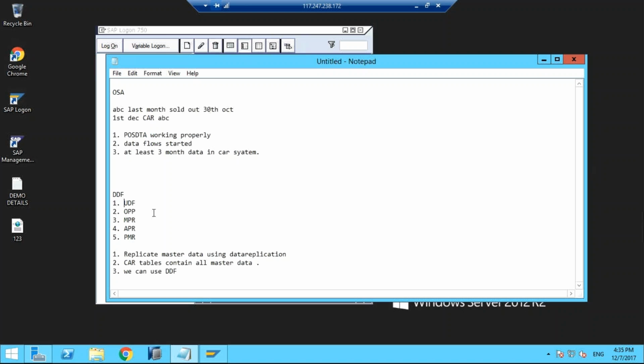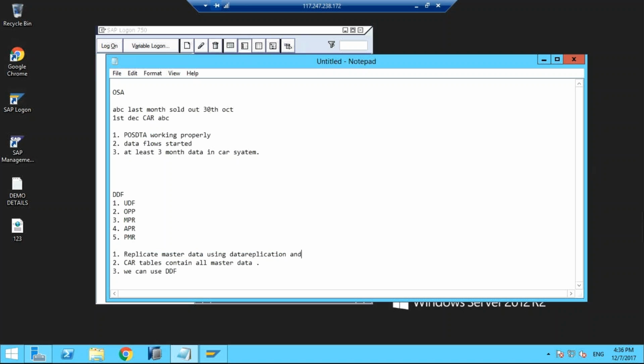But generally we configure the mandatory things. Whatever you want to use or not use is your choice, based on requirement. But we do this step as mandatory, like replication of master data,